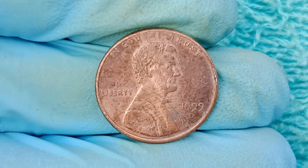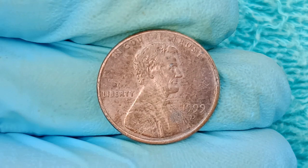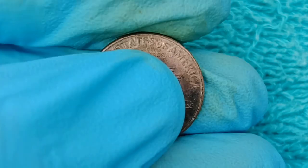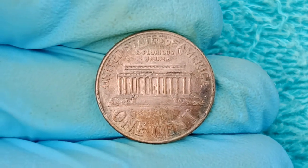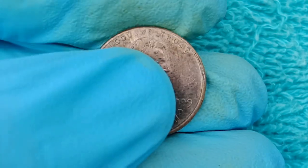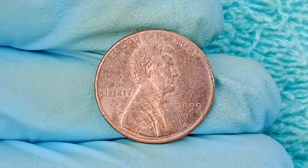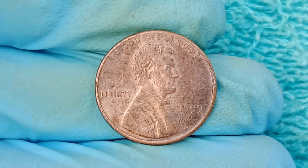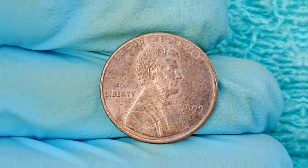including higher levels of copper than legally required at the time, potentially mixed with rare earth elements or residual metals from foreign contract coinage, and combined with subtle but critical die misalignments, pressure inconsistencies, and a mysterious reverse design flaw known now as the ghost memorial effect. Where the Lincoln Memorial appears with softened and doubled architectural details barely visible to the naked eye but unmistakable under